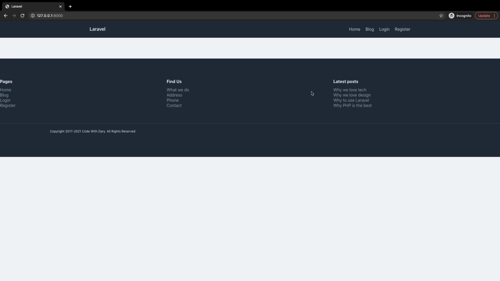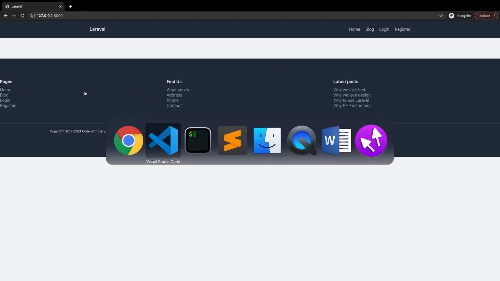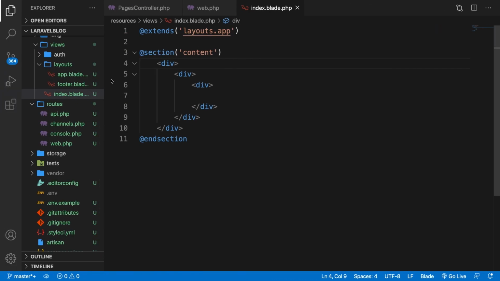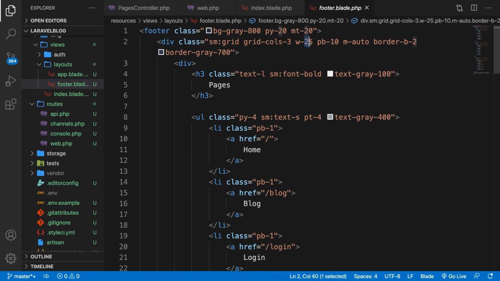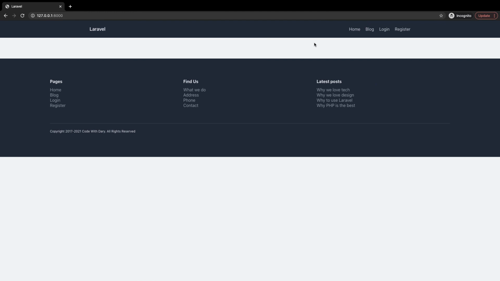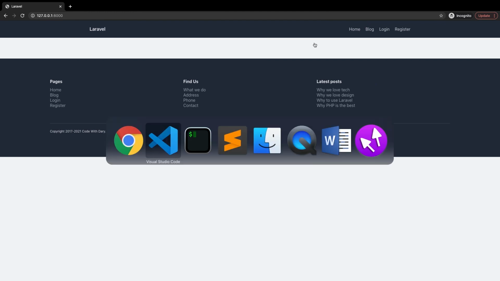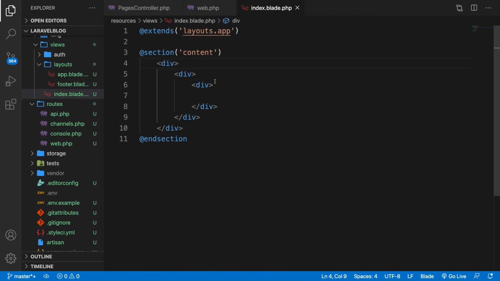the footer and header. And to be honest, this looks pretty good, but the width of our footer needs to be better. So let's open the footer real quick. Let's say width-4-5. Refresh it, and this is what we need. Save it, close it off, and the first div that we have inside our index page has a class of